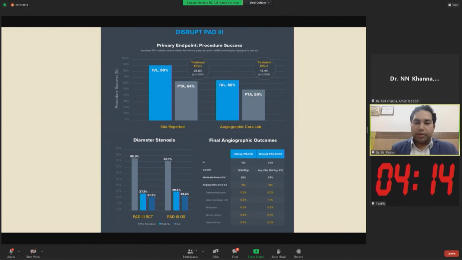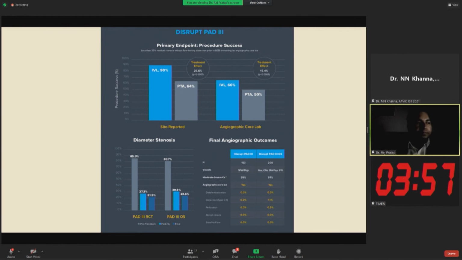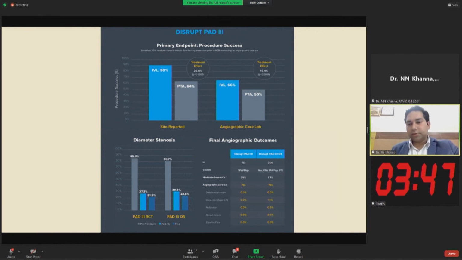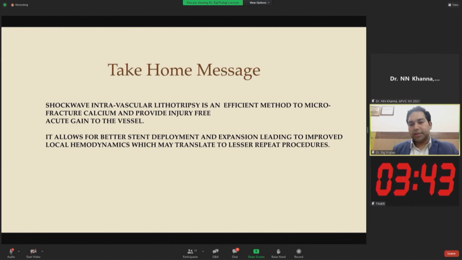So we all know that bed preparation is essential. And when there is heavy calcium, it is difficult to prepare the bed in a good manner. If there is so much calcium, especially in those patients who have had earlier interventions for that artery, and you decide to put a stent or do a balloon dilatation, often your stent may be malapposed or underexpanded, and that will result in abnormal hemodynamics at that point, which will certainly compromise your long-term results.